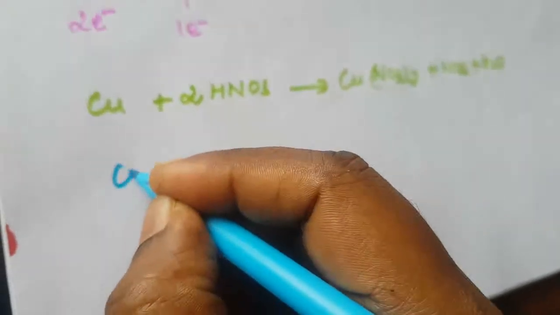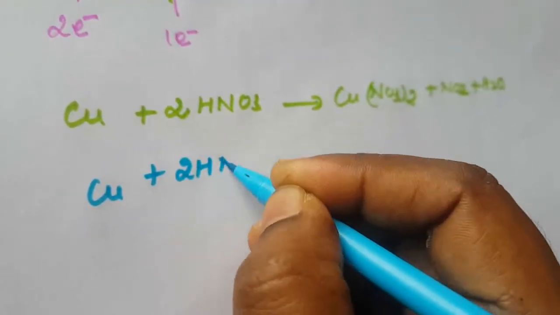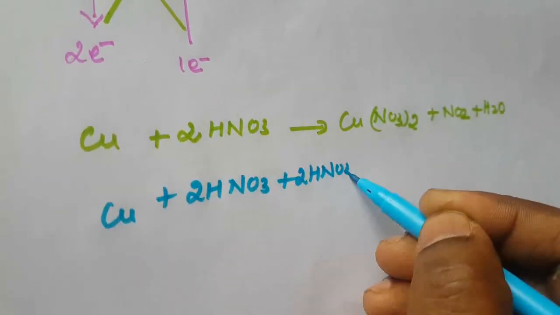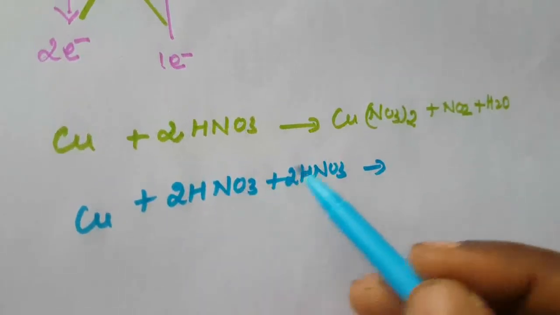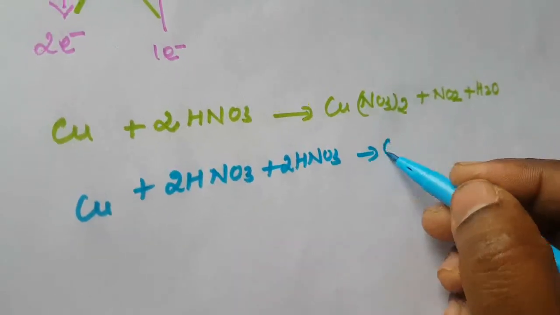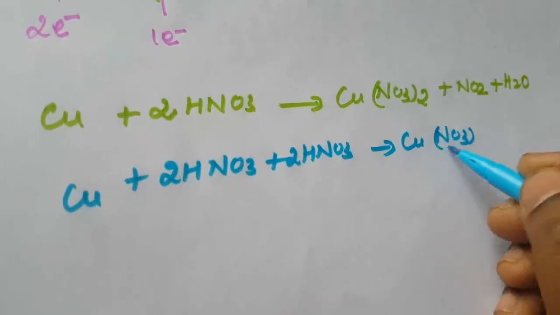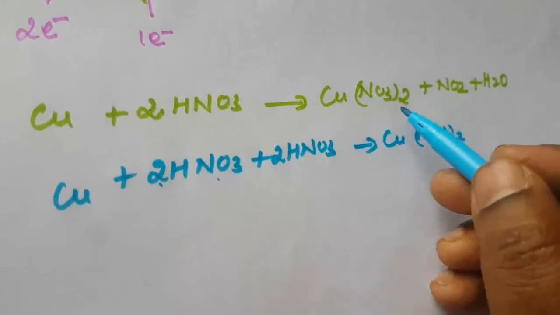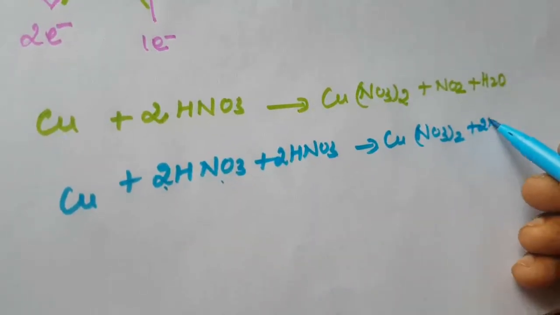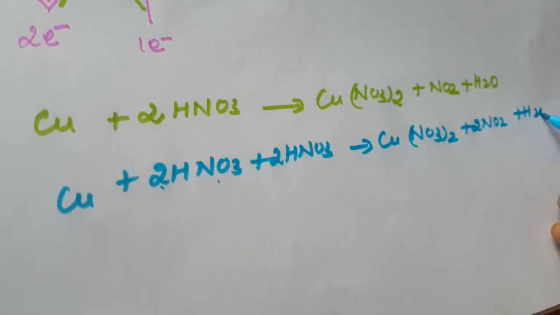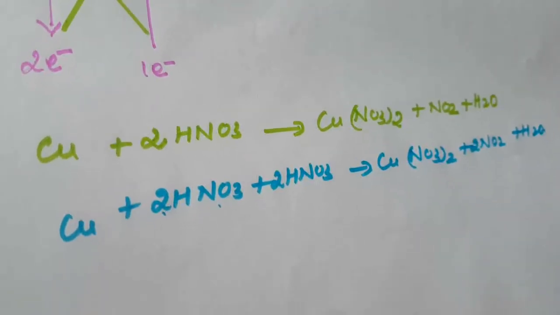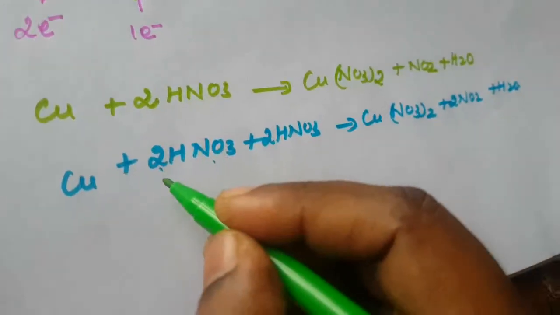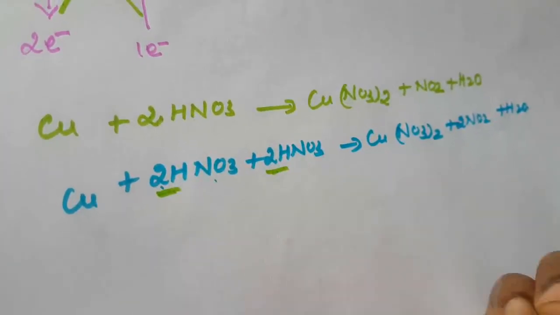So that is the next step, you are adding 2 more nitrogen. How to write? Cu plus 2HNO3 plus adding 2 more nitric acid, 2HNO3. You are balancing the nitric acid. Here now 4 nitrogen is here, here 2 nitrogen, here also 2 nitrogen. So Cu(NO3)2, here 2 NO3 and here 2 NO2, totally 4. Then again balancing the water molecule. How many water molecules are there? Here hydrogen, totally 4 hydrogen.